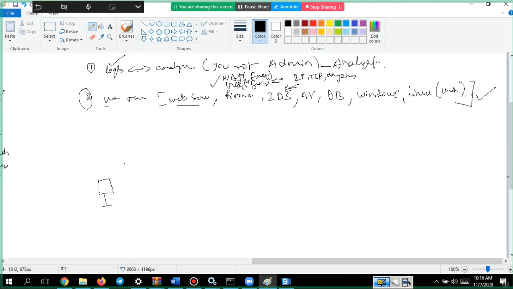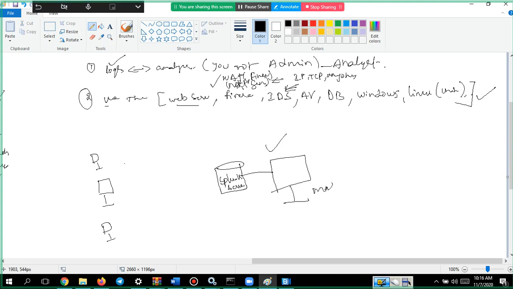This is a machine in your organization, I'm just representing it like this. And you have a Splunk server. And the logs, being a SOC team, you have to view on your monitor.